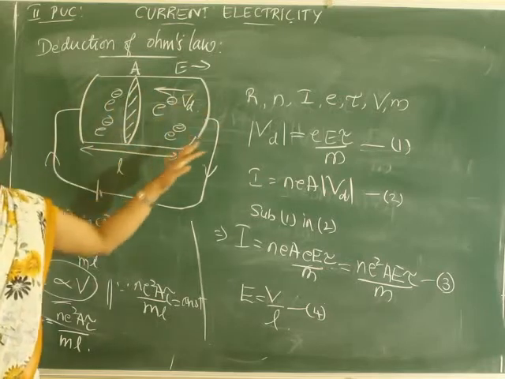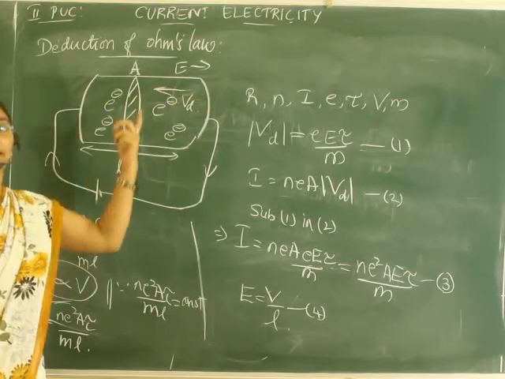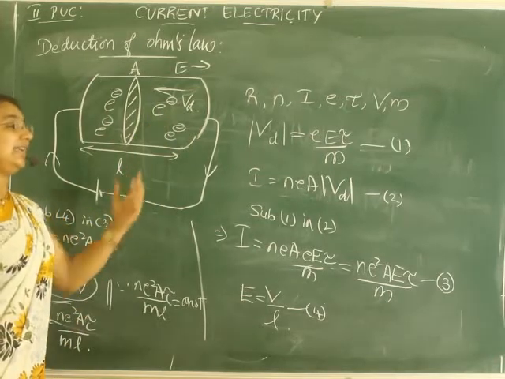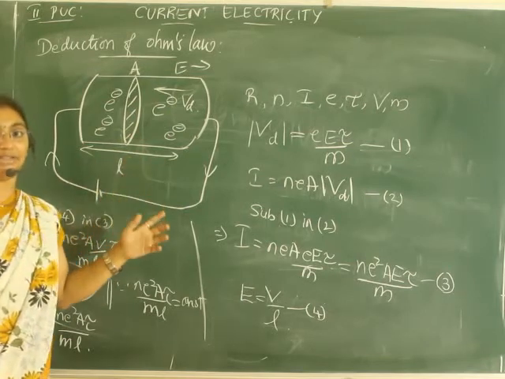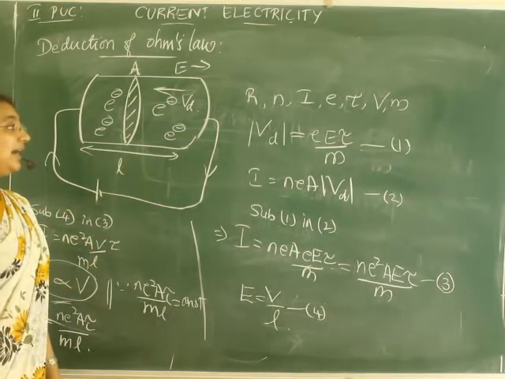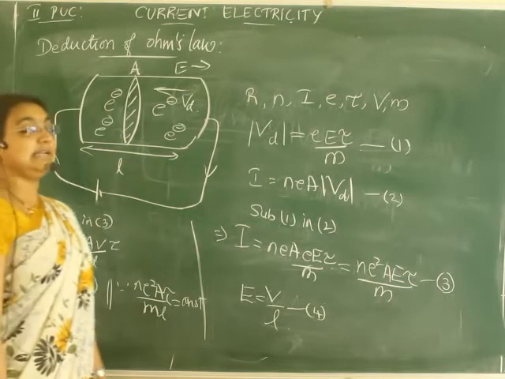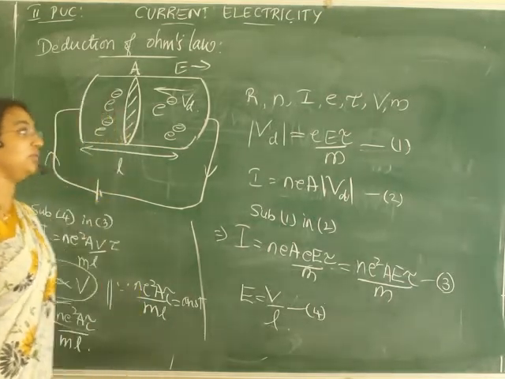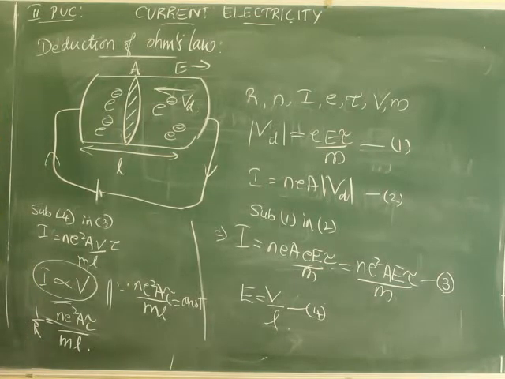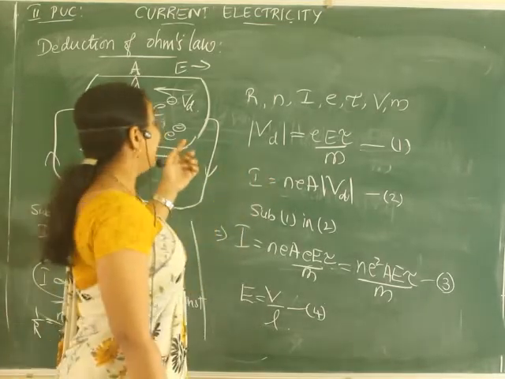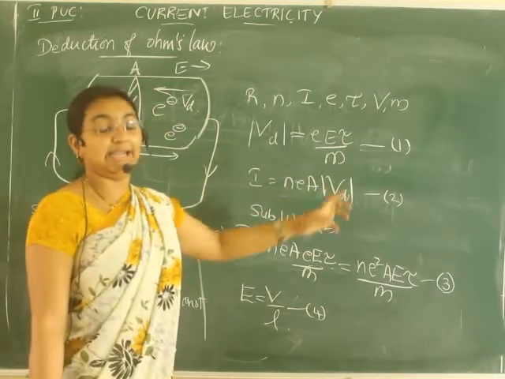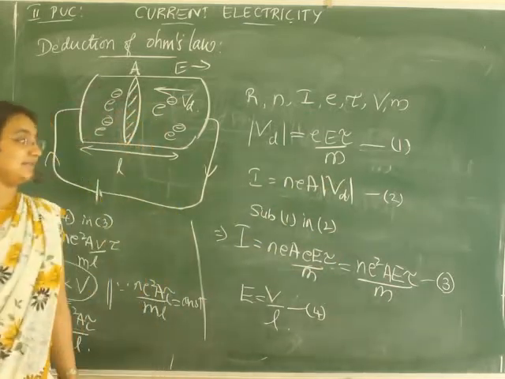Let us consider a conductor of length L having area of cross section A. When an external electric field E is applied, electrons will be drifted with the velocity Vd. R is the resistance of the conductor, n is the number of electrons per unit volume, I is the current, e is the charge of the electron, tau is the relaxation time, V is the potential difference, m is the mass. We know that drift velocity Vd is equal to E tau by m, and also